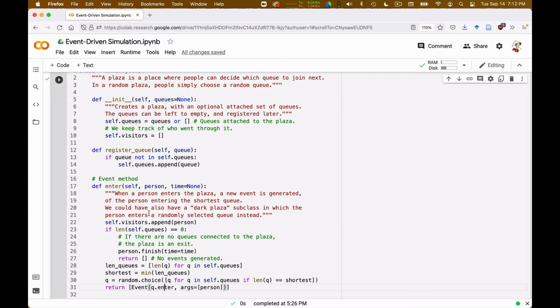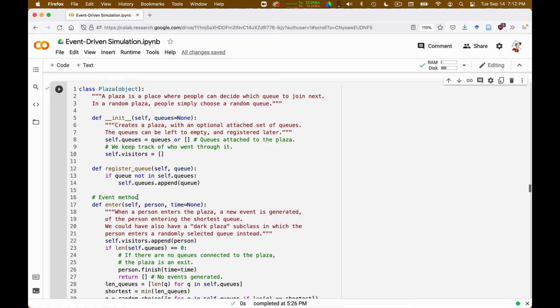We could model different plazas. We could have a blind plaza in which people choose a queue at random, or we could have all kinds of crazy stuff. But what I implemented here is a very simple plaza in which people actually look at the queues and choose the shortest one, which seems somewhat reasonable, right?